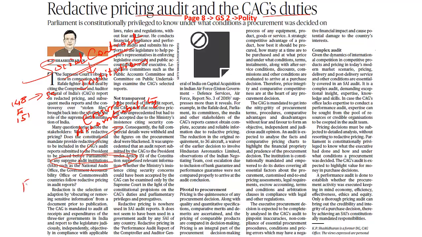Now let's look into the functions of the CAG in the Indian governance model. In the Indian governance model, you have the policies as well as the programs that are translated into outcomes. So the government comes up with the programs and schemes, and these schemes will have to be implemented by the ministries as well as the departments. And how does the government get the money? That is through the sanction that has been given by the Parliament.